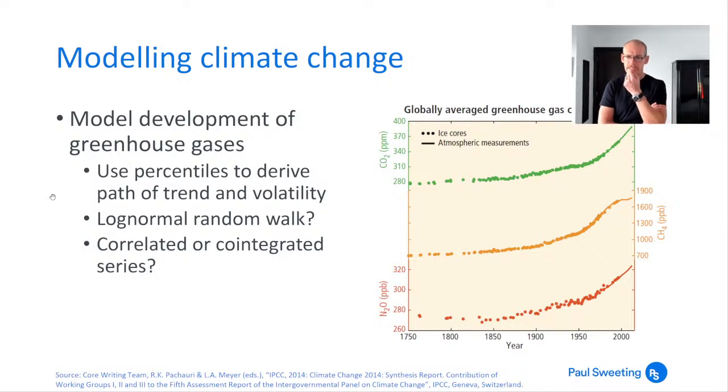What would also be interesting though is how do you link these series together? Would you allow them to be correlated, or would you allow them to be co-integrated? And it's quite an important decision to make. It's one which I've looked at before in terms of mortality modelling, and also investment modelling as well. So if you've got two things which are correlated, the changes that you see, there is some link between those changes, but there's nothing which means that two variables which start off in the same kind of place would ultimately end up in the same kind of place. Just because things are correlated, they can still quite easily end up in very different positions.